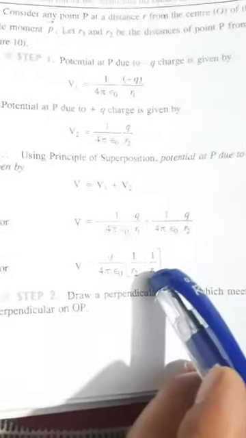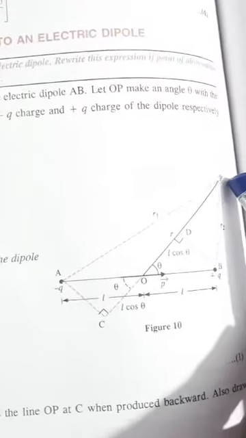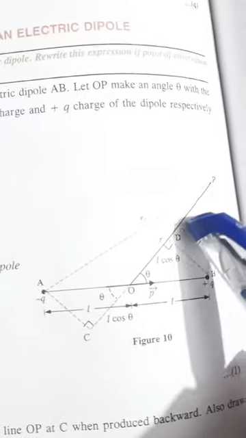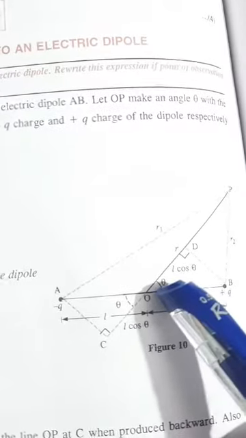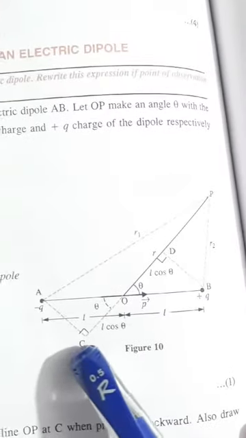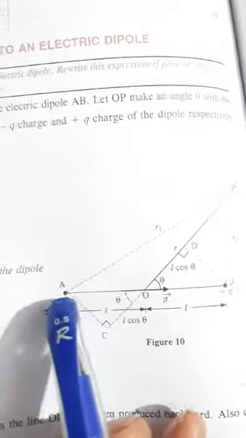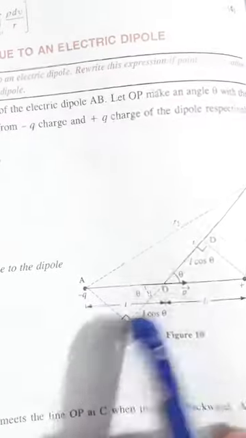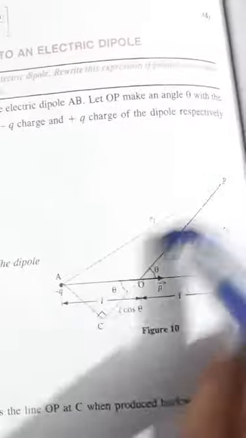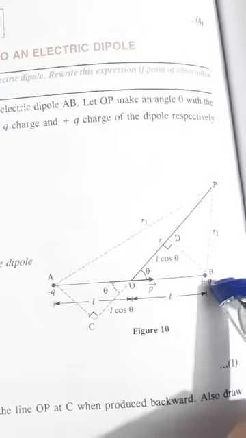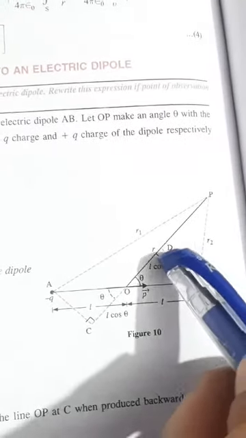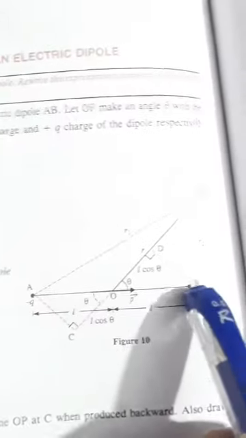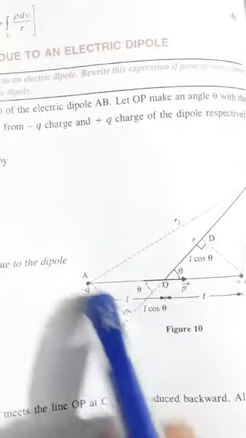For finding these values, first we do some construction in our diagram. See the diagram. In this diagram, the line coming from P and bisecting at point O, produce it further up to point C, and here draw a perpendicular, that is AC, perpendicular on CP. In the same way, from point B, draw a perpendicular on the line OP, that is BD is a perpendicular and here AC is a perpendicular.